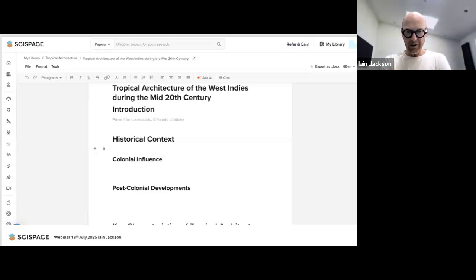Whereas if I had a structure, I can think, oh yeah, I can write about the historical context here. And I can begin to plug my ideas in, and then I'll start to cite some of the references. And before I know it, I'll have a nice paragraph all about that section. So I can write fast and then begin to edit slow. We always write fast and edit slow. You go over it again.